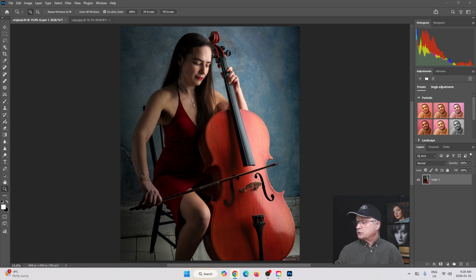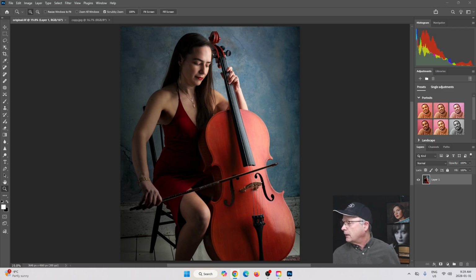And then the connection to the instrument. The pose clearly communicates musicianship and focus, not just somebody holding a cello. Now, when we picked the cellist, or even came up with the idea of the musician, it had to be somebody who was a true player of the instrument. And that was the whole point, because we didn't want to have somebody just holding something, because you can tell right away if somebody's not a player of an instrument, they're just a model holding something. They never hold it right. So anyway, kudos to Chelsea for being the fine musician that she is.